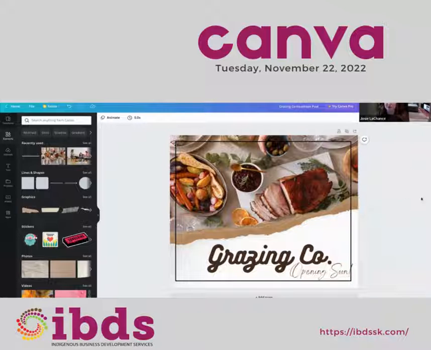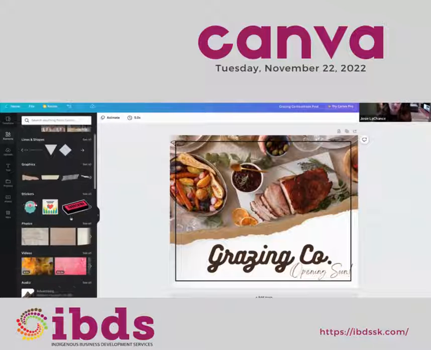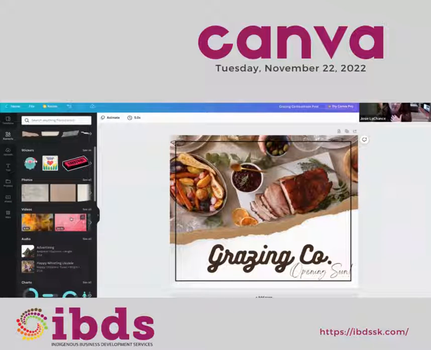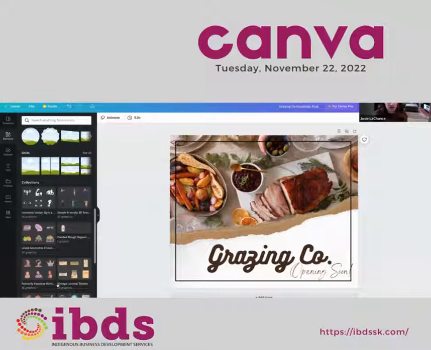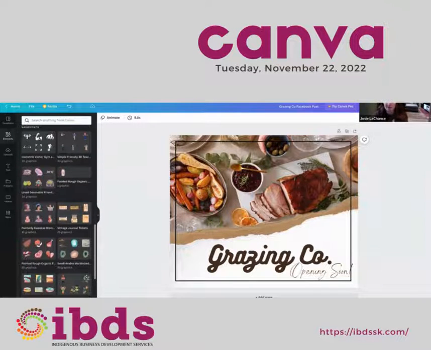So I can just as easily add in a little border by inserting lines and shapes. There's tons of lines and shape options, and also lots of graphic options: stickers, photos you can use for backgrounds, charts, tables, frames. Definitely look through and see all that it offers.